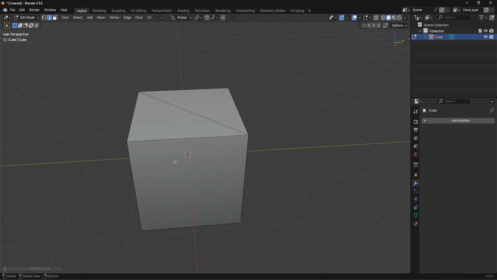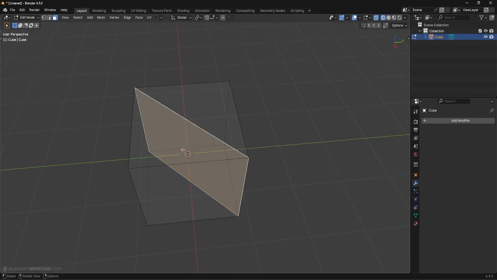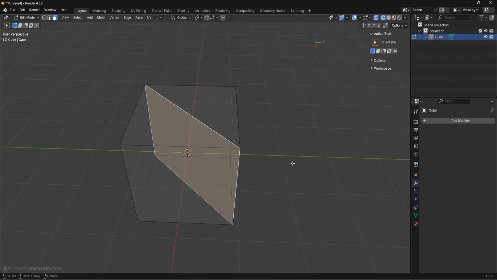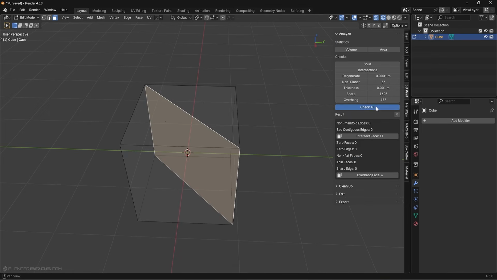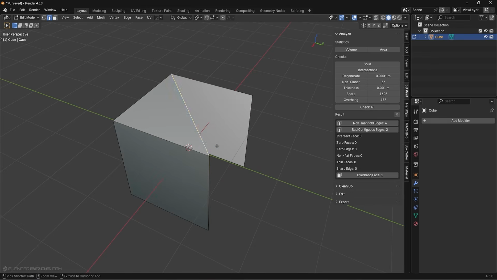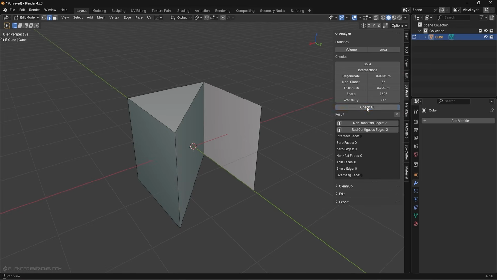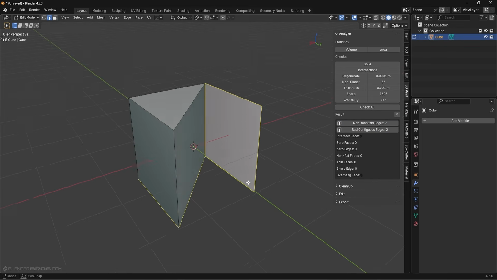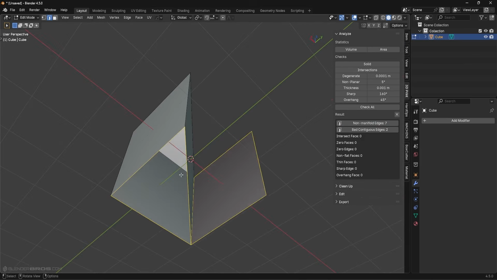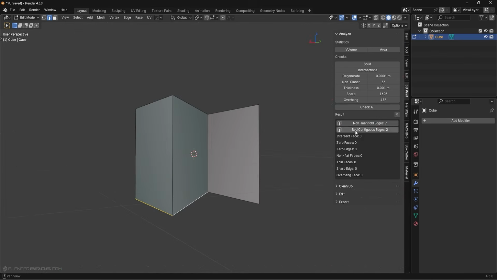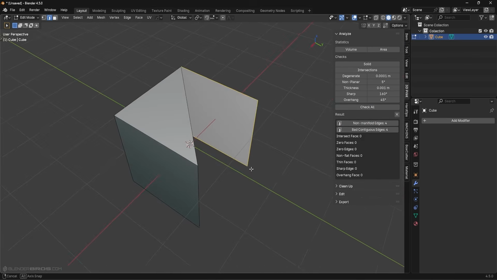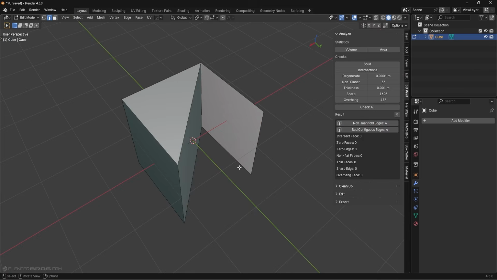The issue with this is you're going to have an interior face, right? This interior face means it's going to be non-manifold. You can see that when I check it here with the 3D print toolbox. So no matter what I do here, even if I don't patch this side, we're still going to have a non-manifold object. Whenever you have a situation like this, guys, even if you patch this part, you're always going to have a non-manifold object if you have one edge and 3 faces going into it. This is just like a basic